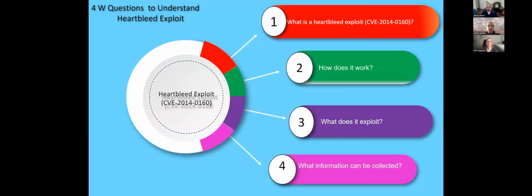Let's answer those four questions to better understand the Heartbleed exploit. First, it is a critical security vulnerability discovered in April 2014 within a widely used OpenSSL cryptographic software library. Second, the Heartbleed exploit targets a vulnerability in the OpenSSL library's implementation of the Transport Layer Security, TLS, Heartbeat extension. Third, it affects the OpenSSL cryptographic software library, specifically version 1.0.1 through